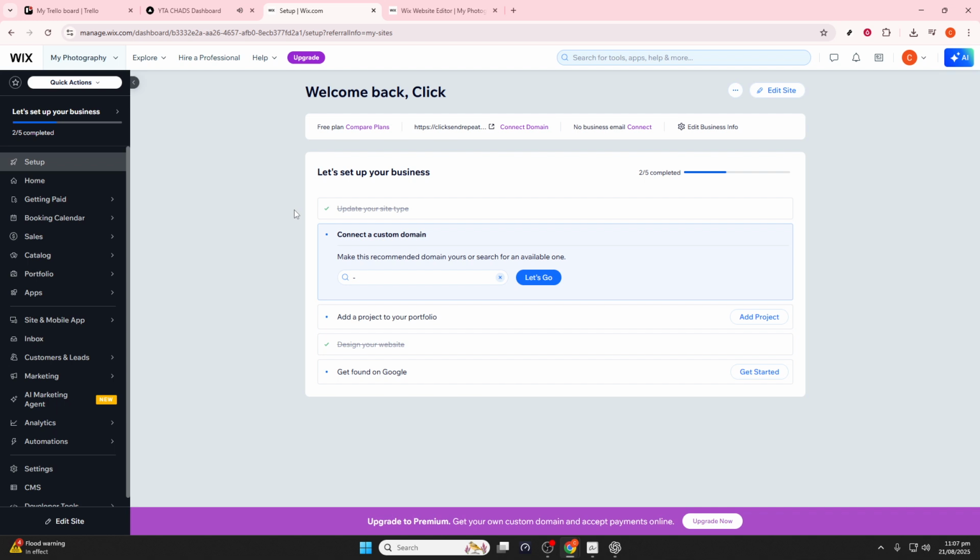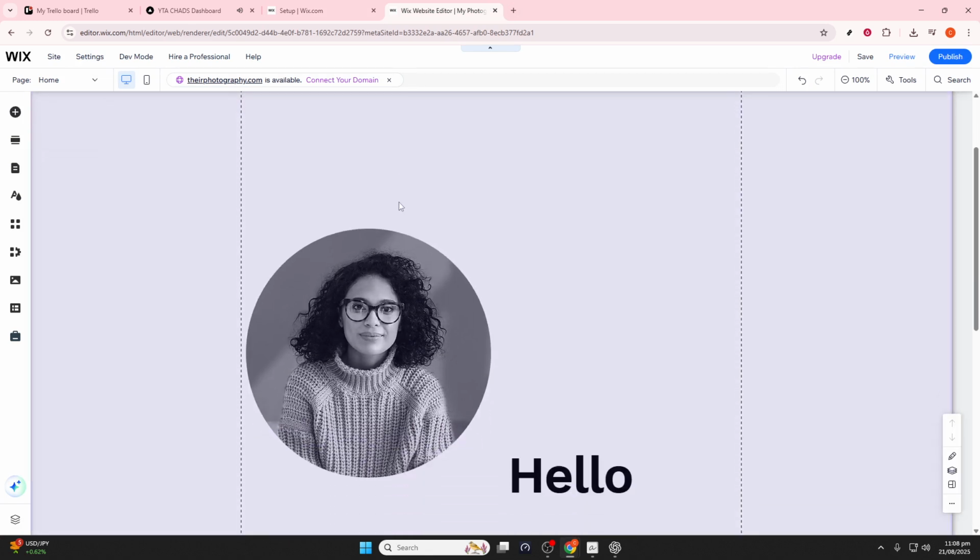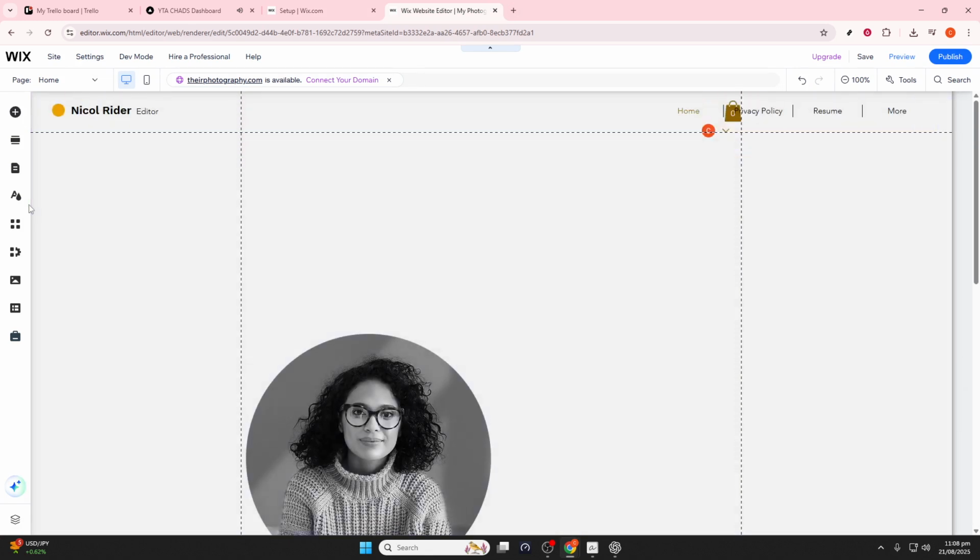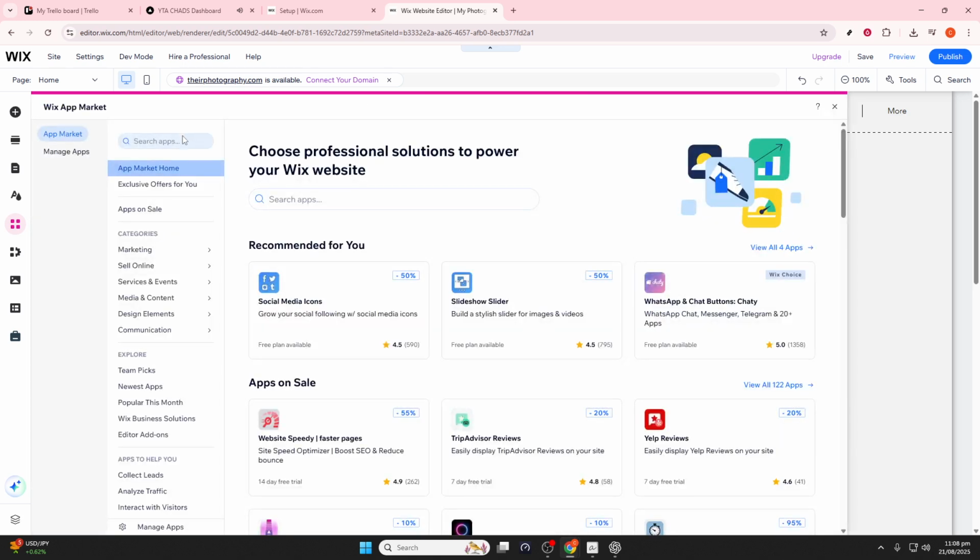First, you'll want to head over to wix.com and log into your account. If you don't have an account yet, it's a straightforward process to set one up. Once you're logged in, you'll find yourself on your dashboard. This is your control center where you can manage all your sites and access various tools and features. On this page, look for the option to edit your site, which will take you to the Wix editor where